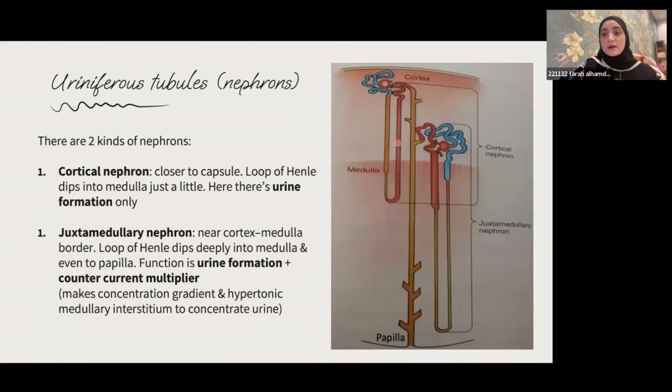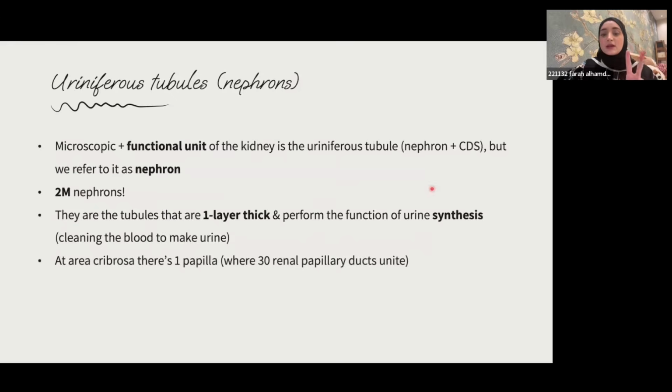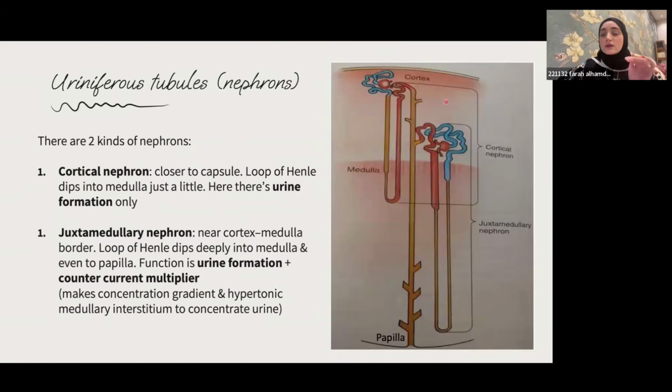Okay. Let's talk about the nephrons. We have two kinds of nephrons, okay? This is the nephron. First of all, the cortical nephrons, which is this one. The cortical nephron is closer to the renal capsule, and it just dips a little bit into the medulla, whereas the juxtamedullary nephron, this one, these types of nephrons are dipping deeper into the medulla, and these mostly focus on